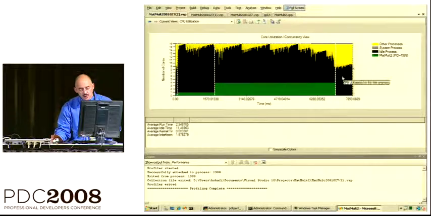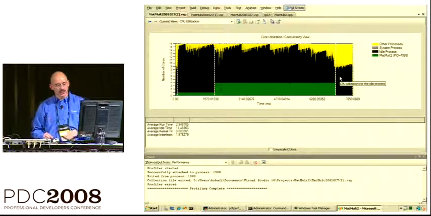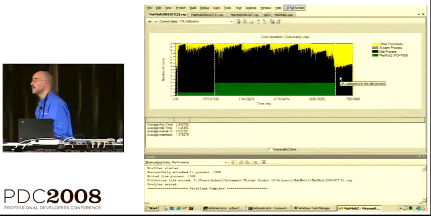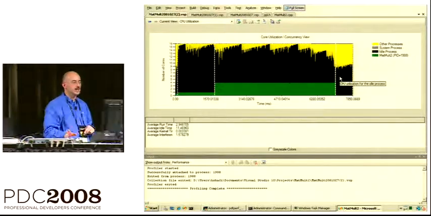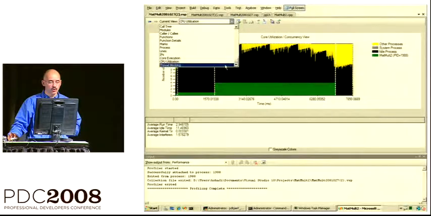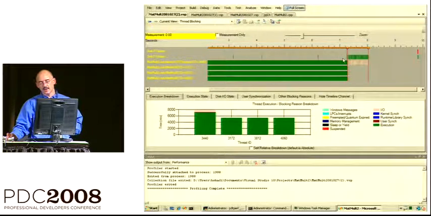But I'm still not meeting my performance goals, so I have two things now. I have the initialization phase that I might be able to deal with, and I have this I/O that was happening at the end that I have to deal with. So let's see if we can tackle the I/O problem. So here's something,